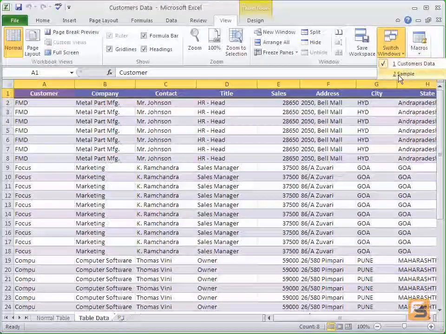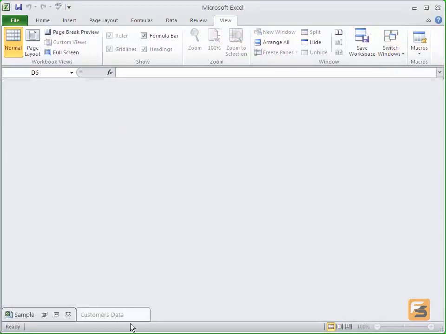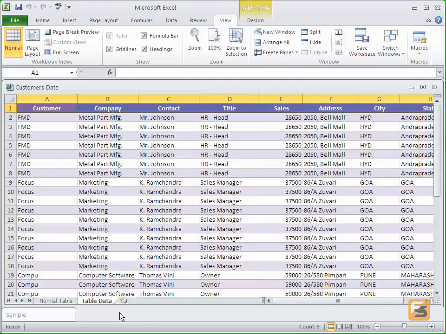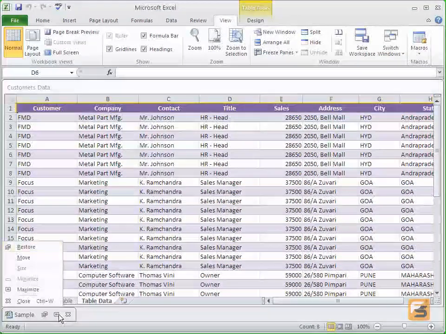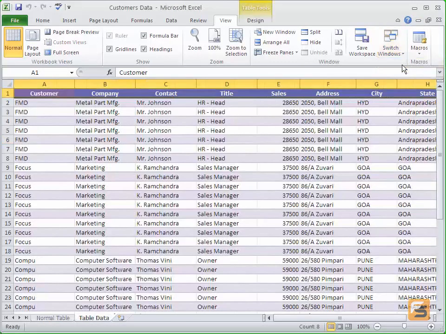However, I'd like you to also note that if I'd like to, I can go to my sample workbook and minimize it. When I do that, my customer's data appears on the screen. Now look at the bottom, I have Sample. If I simply go to Sample, I can restore it through the menu or restore it on the tab by utilizing the Maximize button. Now back up to my sample workbook. If I go back to Switch Windows again and go back to Customer's Data,